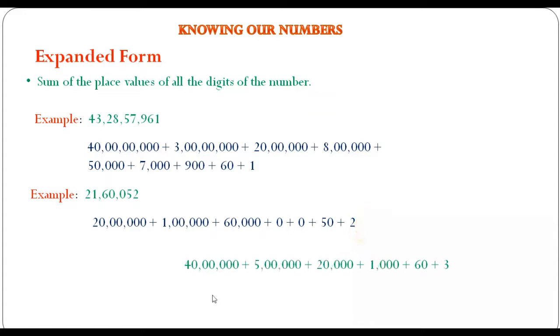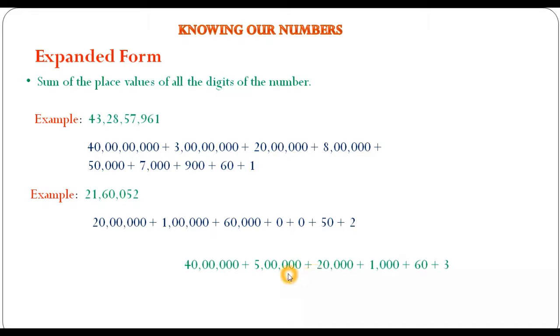See, here I have some expanded form of a number written over here. Let's try to write this number in its standard form, in its original form. If you look at this number, it's ones, tens, hundreds, thousands, 10,000s, lakhs, and 10 lakhs. It's actually 40 lakh. That means 4 is at the 10 lakhs place. So you have to write 4 at the 10 lakhs place.